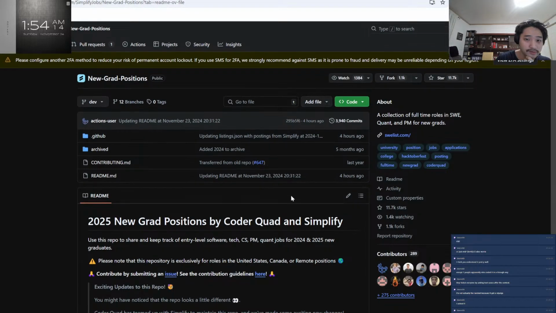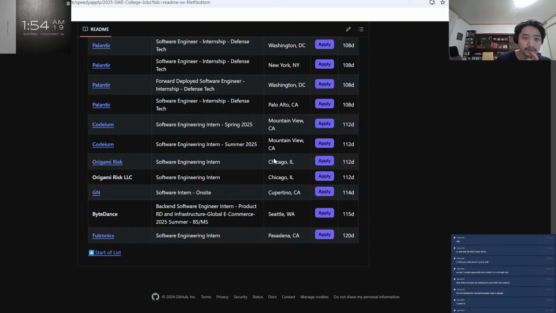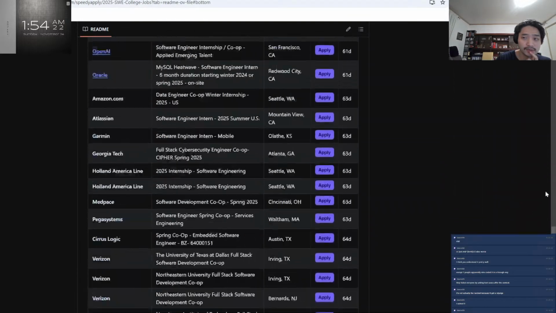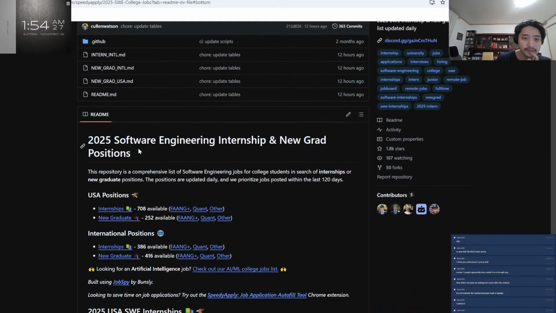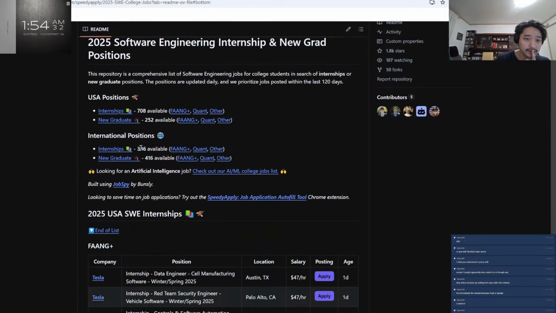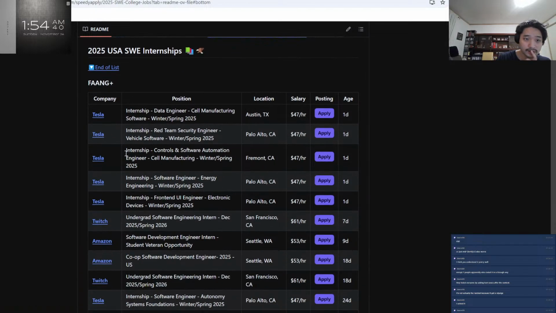So, this is another one. It's like they're the same one, just different. This is specifically for internet. Yeah, it's 2025 specifically. All of them are 2025, and this is like internet. It has more international, so you can choose FAANG, Quant, or others, and depending on internship or new graduates. So you can see, Tesla has some. These are internships, and this is the base salary, which is like, damn, Twitch is paying the interns good.